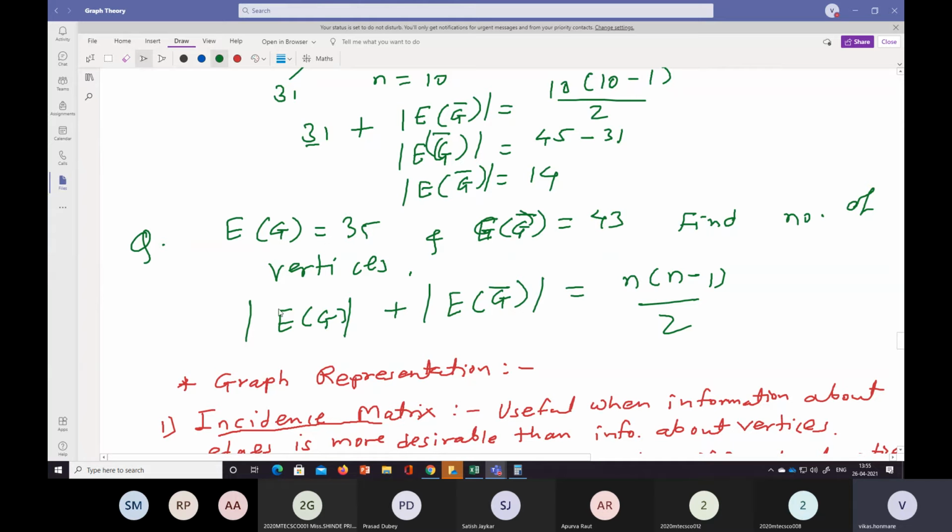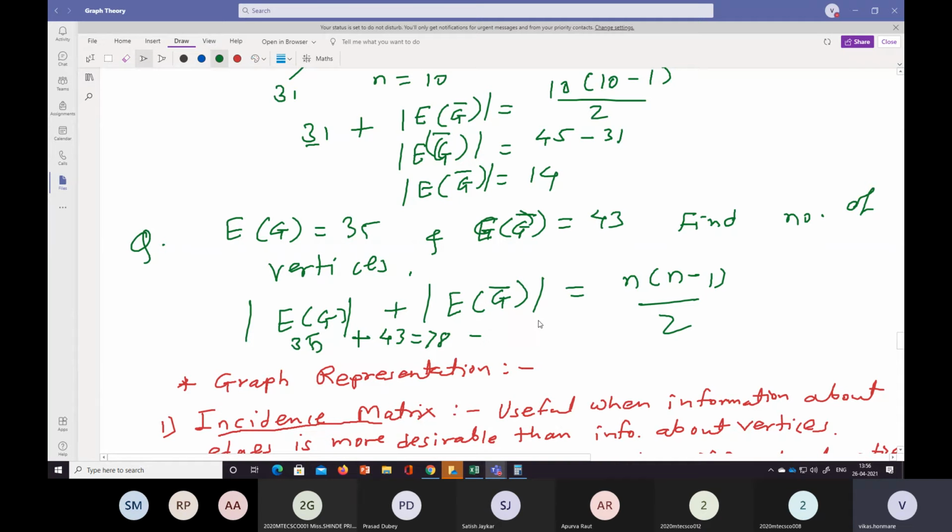E of G is equal to 35 plus 43. Okay, 35 plus 43, that is 78. So which is equal to 78,